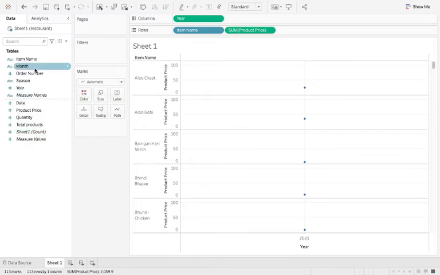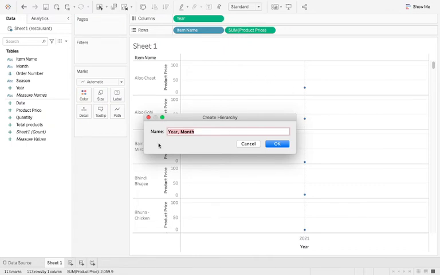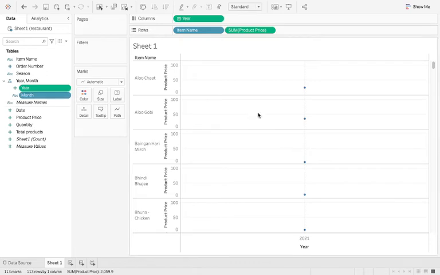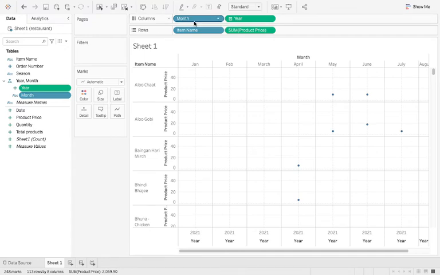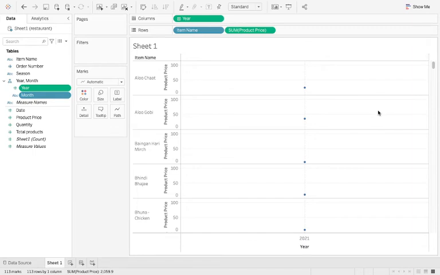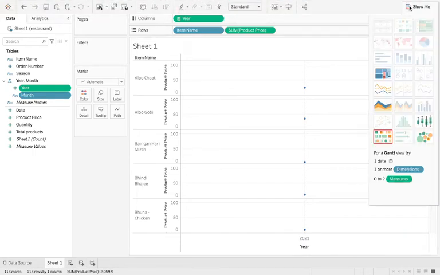So all you need to do is just drag. I'll just drag this month into this year. Now if you can see this plus sign with it, so if you click on that and it will ask you to create a hierarchy. So it will create a year month hierarchy, and now if you'll notice here, a plus sign will come here. So I'll just click on that, and yeah, can you see this plus sign here? So this has basically created a hierarchy for us. So now if I click on this plus sign, it is going to show me the data according to month and year. Otherwise if I close this, it will show me according to the year only. So this was the hierarchy that I was talking about.